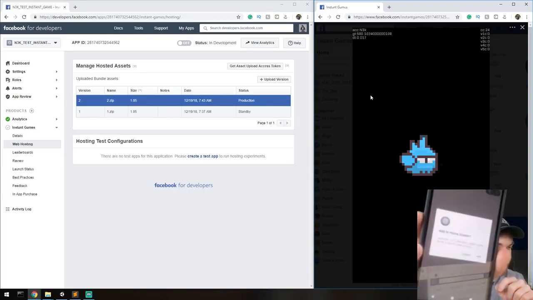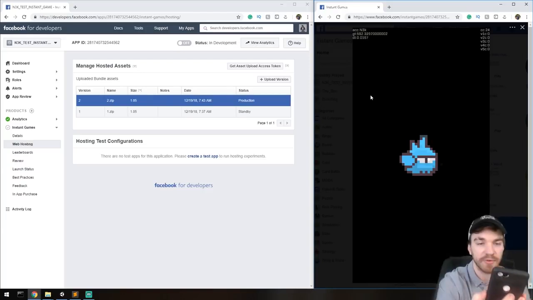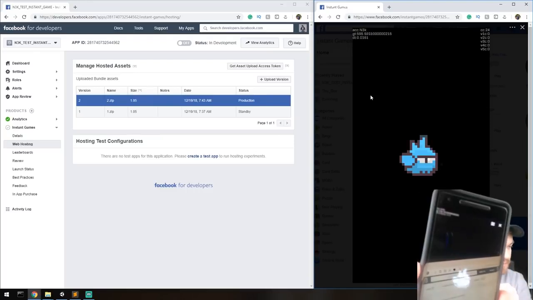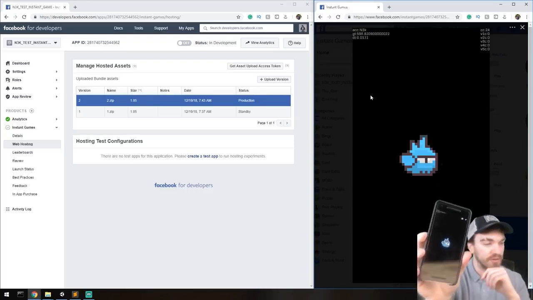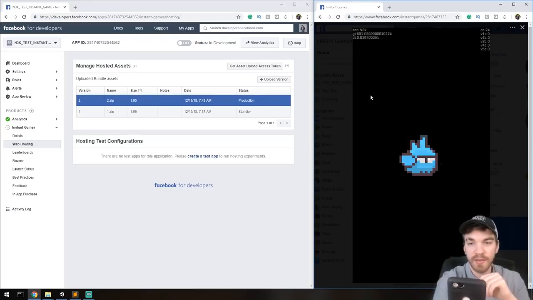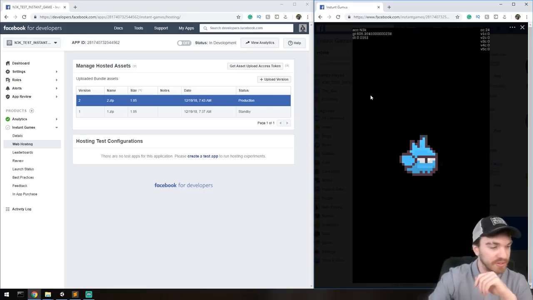Here you see the bar. It's being loaded. It's asking me for add to home screen. No, I don't want to, but thank you anyway. And here's my game. There it is, running on my phone in Messenger. And that's great. Why is it great? Because with this, if you expand a little bit further,